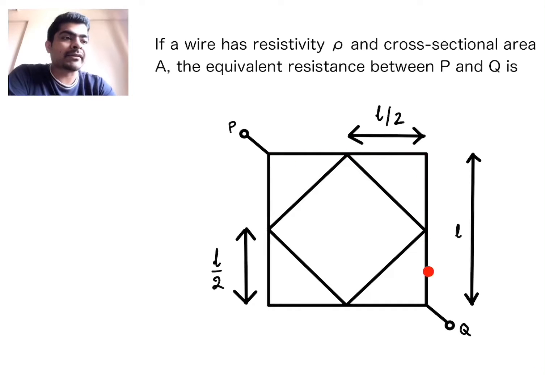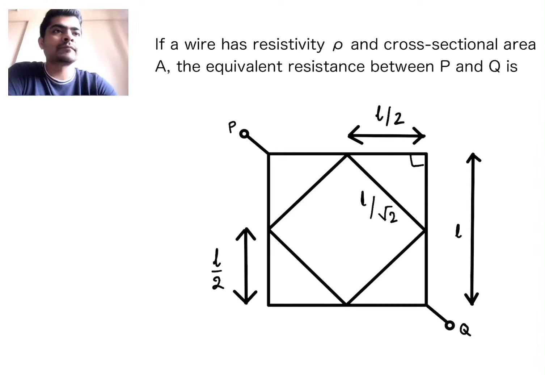Here you can see we have a square section, correct? Inside this square section we have one more square section. So the side of the square is L, correct? This is the midpoint of this whole side, so this side is also equal to L by 2, right? Now how much should this side be equal to? If you apply Pythagoras theorem over here, this is L by 2, this is L by 2, and this angle is 90 degrees, so this side will be equal to L by root 2.